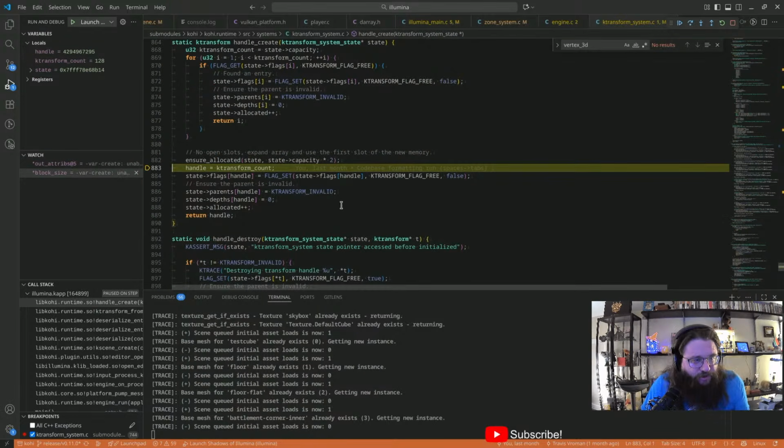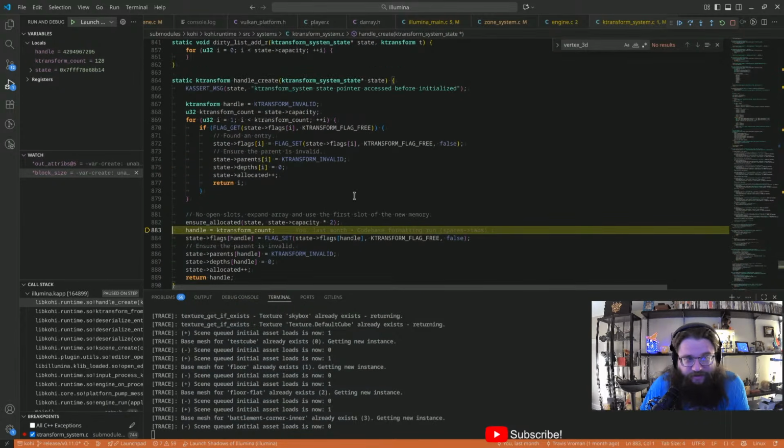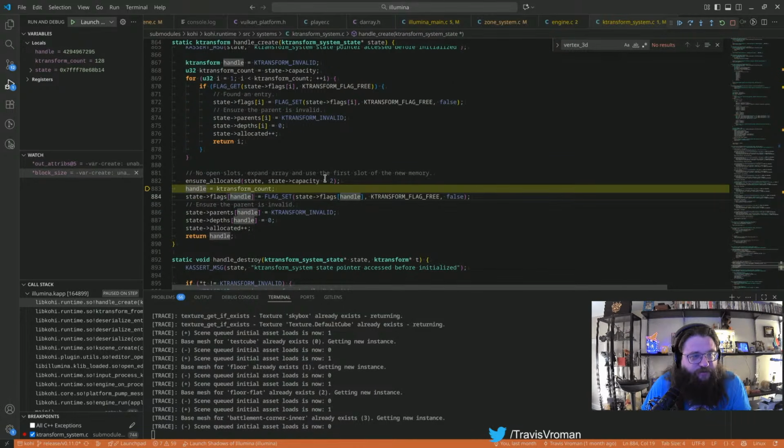So I don't think we've actually hit this yet, because we haven't actually had enough transforms in a system. So this is unexercised code, I believe. Okay, so flags sub handle, which hasn't been, let's see, transform count is 128.